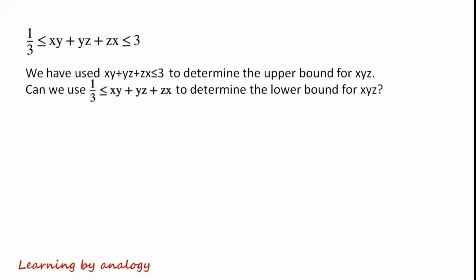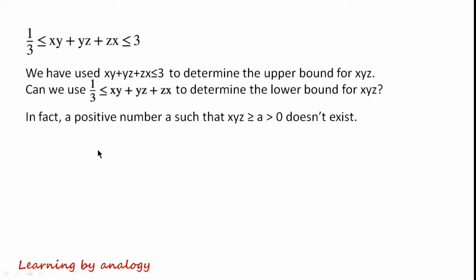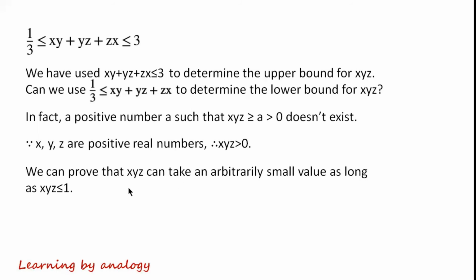Can we use 1/3 ≤ xy + yz + zx to determine the lower bound for xyz? In fact, a positive number a such that xyz ≥ a > 0 doesn't exist, because x, y, z are positive real numbers, so xyz > 0. We can prove that xyz can take an arbitrarily small value as long as